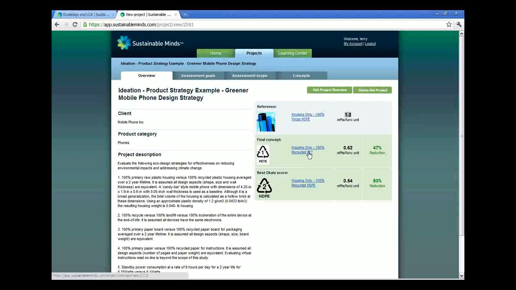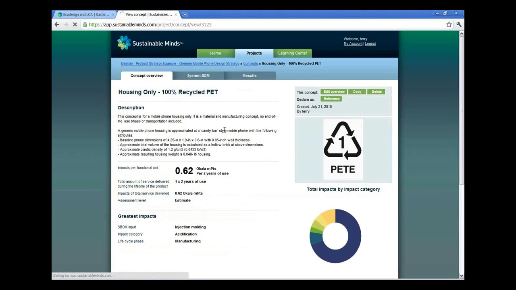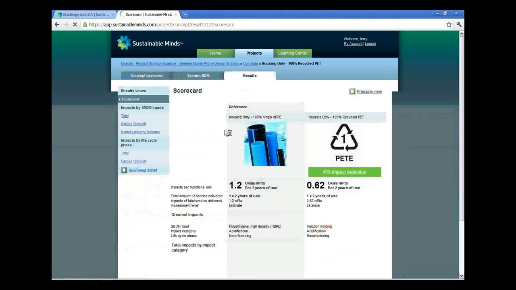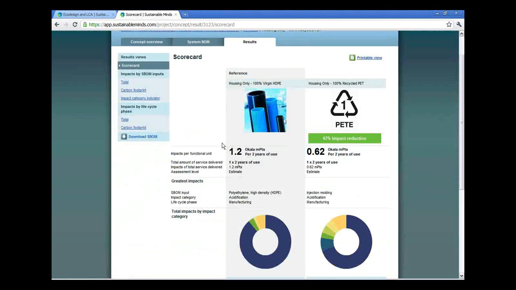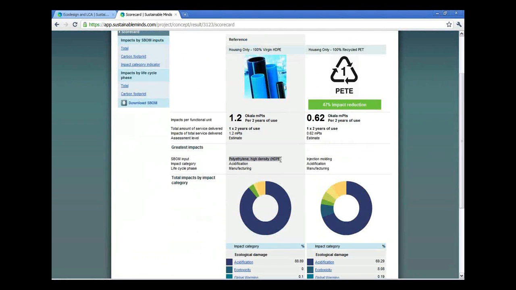And we looked at, okay, let's make it recycled, a different material, or recycled same material. And what you see here is that the result is an impact performance of about 50%. Now we can have a look at what that does, and basically what you're saying and looking at results and comparing the results is that by substituting polyethylene, which was the highest impact for the housing, because there was the